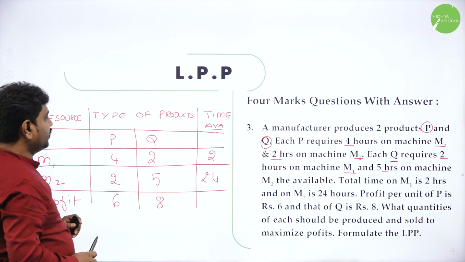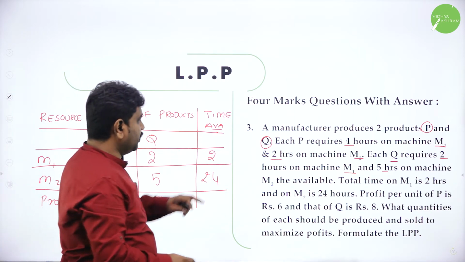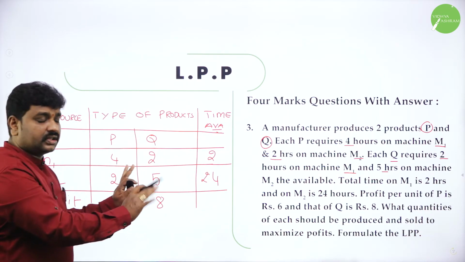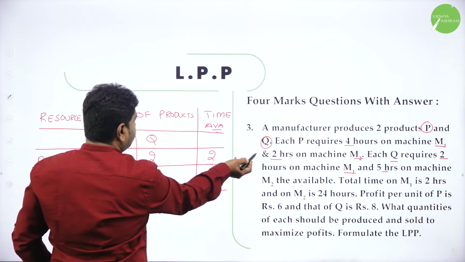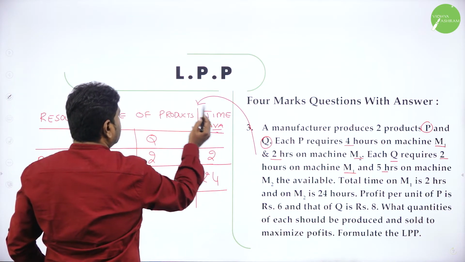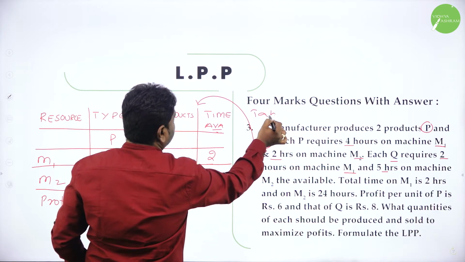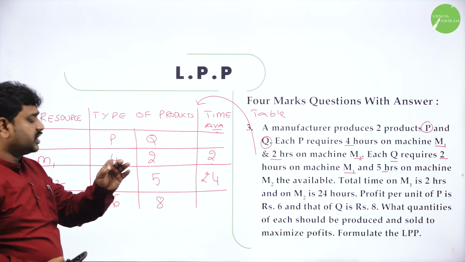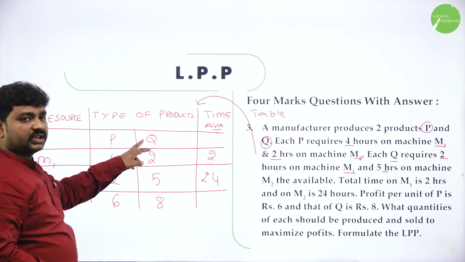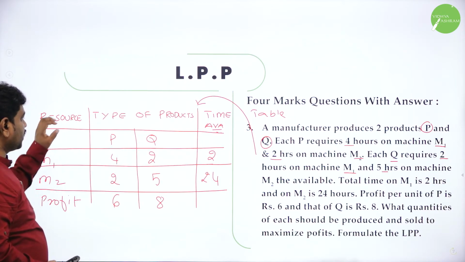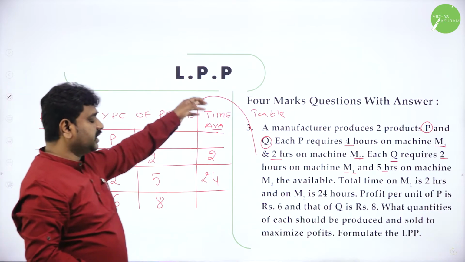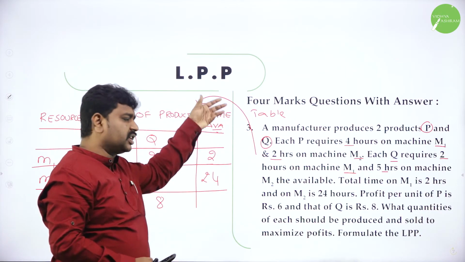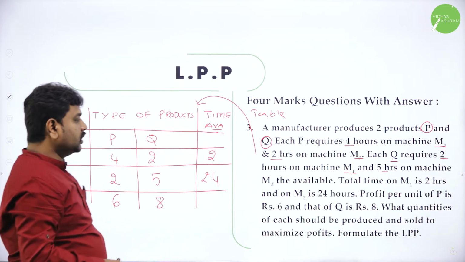Now going ahead, first the problem. I have not solved anything yet. I made a paragraph into a table. So the first step I took is table conversion, converting the given story to a table. For any manufacturing, note the types of products you are manufacturing and the resources you are using. Make columns: resource, type of the product, and availability constant. Here, time available is given.